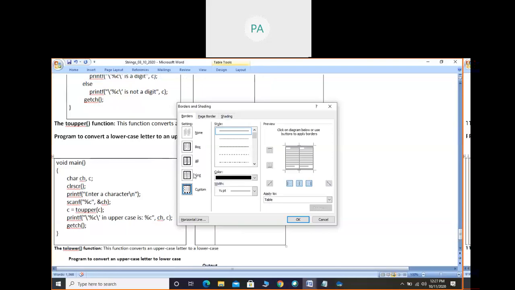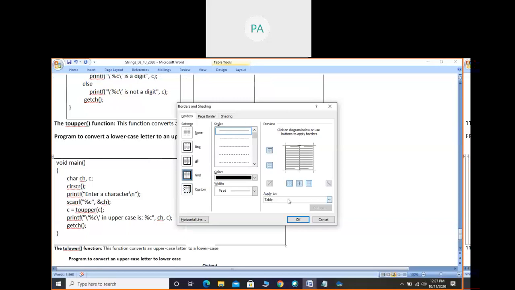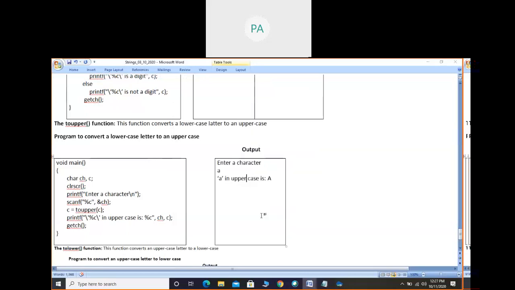So here I have taken two variables. One is ch and another one is c. Enter a character. So in the output, I have to enter the character. Say I have entered small letter a. So when we enter the letter, it is stored in the ch variable.